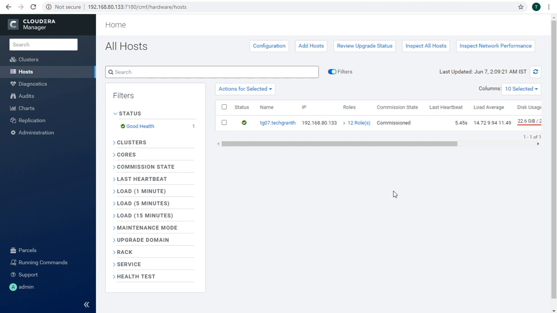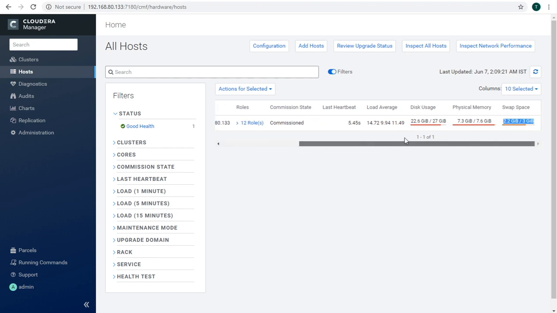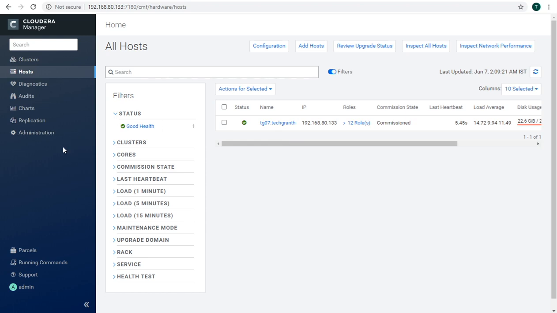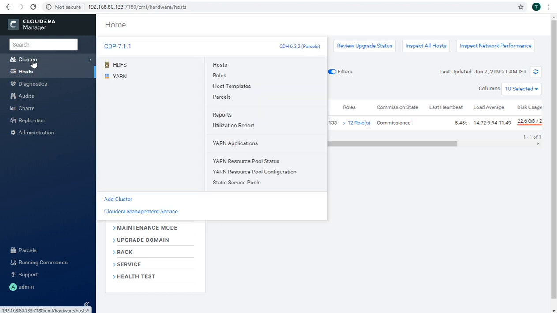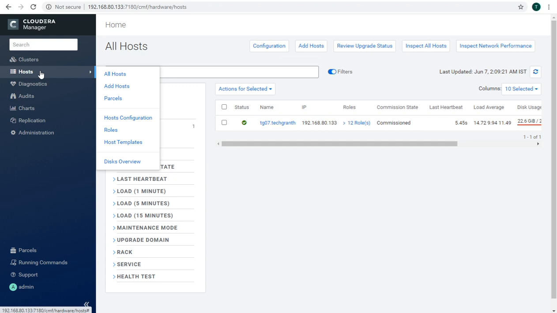So by this, I can say that we at least require 12 to 16 gigs of RAM with 8 virtual core CPU and at least 100 GB disk space for root and the other HDFS data node or name node directories. So by having those, you can run at least some services on your cluster. By the way, I can give a little tour here. We have two services only and different options within the cluster.